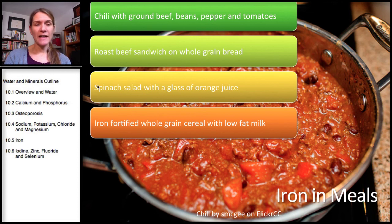Now I'm not going to ask you exactly on the exam, give you these examples, but what I will want you to do is be able to think through that process, how the inhibitors and the enhancers impact iron bioavailability. And you'll have to do this in your discussion as well. And this is the end of our section on